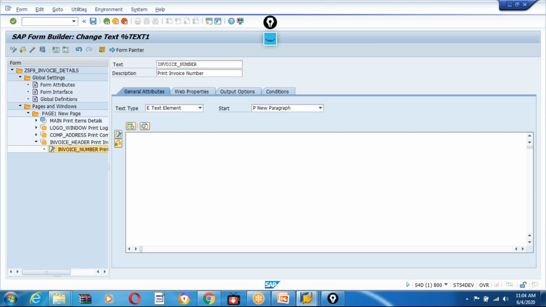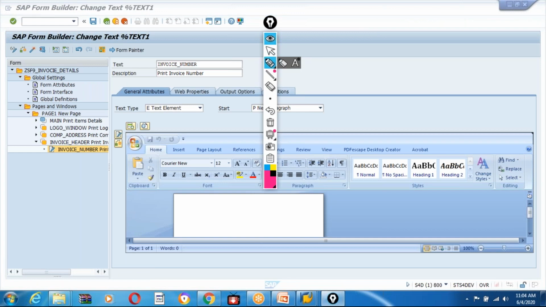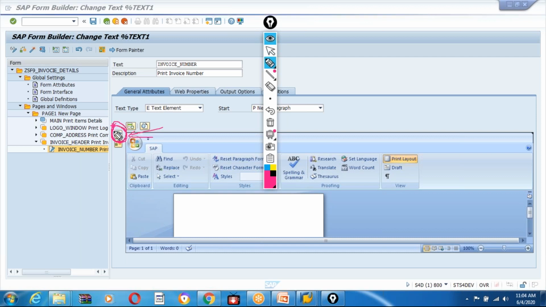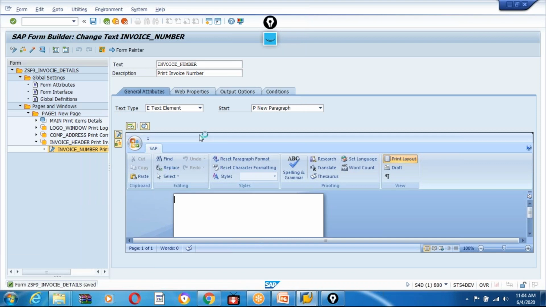Guys, whenever you create a text, always where do you need to go? You have to select this button, which is in the text editor. You have to select this button always and always and always. So this is the button which you need to click on. Okay, it's a standard way of doing it. It's a good way of doing the text elements, and this is the thing which you need to do, guys. Why I am highlighting this, guys, is because I'm explaining it online, so the navigation is very important, and you have to go to the text editor. Go to the text editor, and once you go to the text editor,